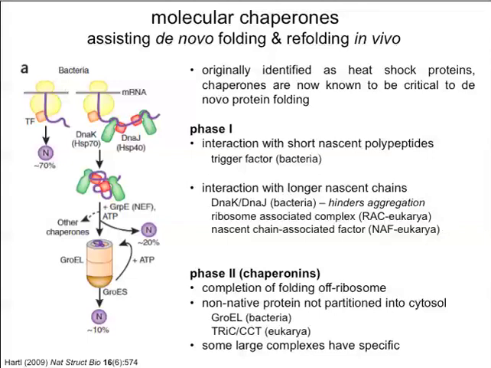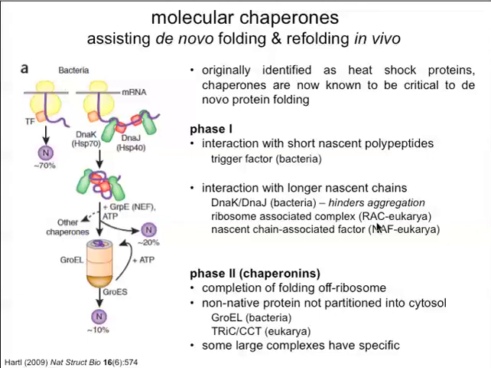So not only do they interact as the protein is coming off the ribosome, but also after release from the ribosome. They don't allow protein folding to proceed per se. Instead, they bind the unfolded protein, release it. The unfolded protein may then fold, or not, in which case it comes back and binds again. So that's your kinetic partitioning. If the unfolded protein exists in solution, then it could aggregate and precipitate. So what the chaperone in this case does is prevent aggregation of that unfolded protein, so that it might then have a chance to fold to its native state.